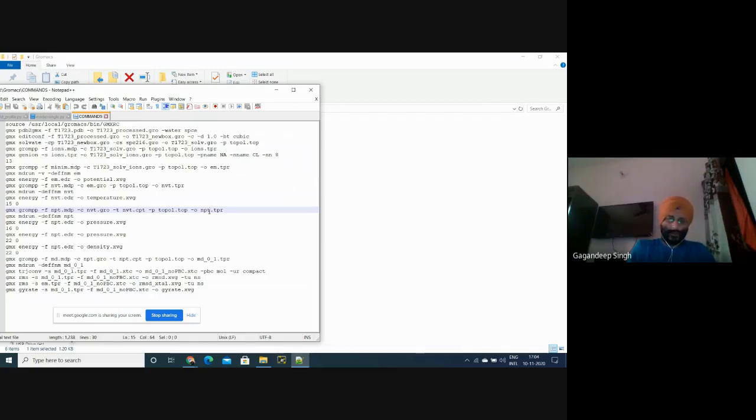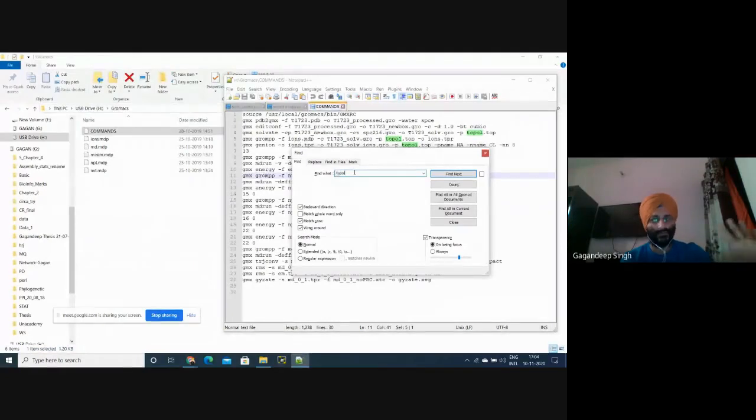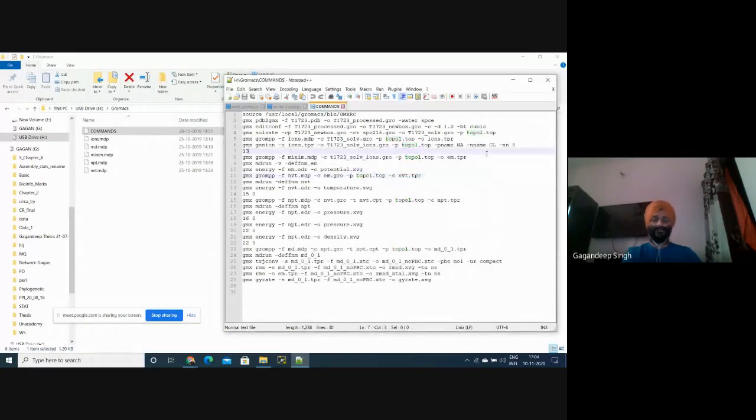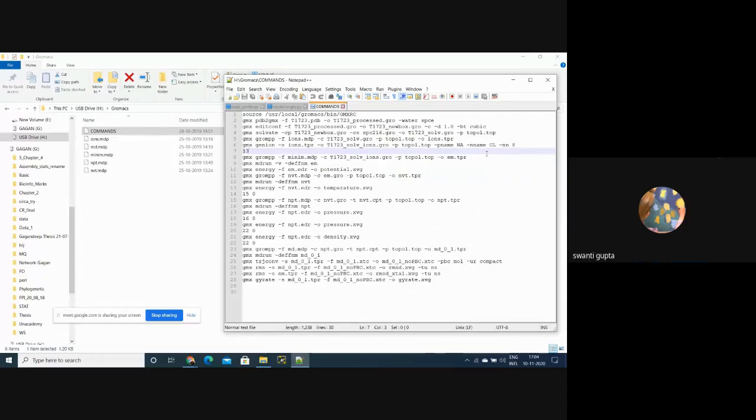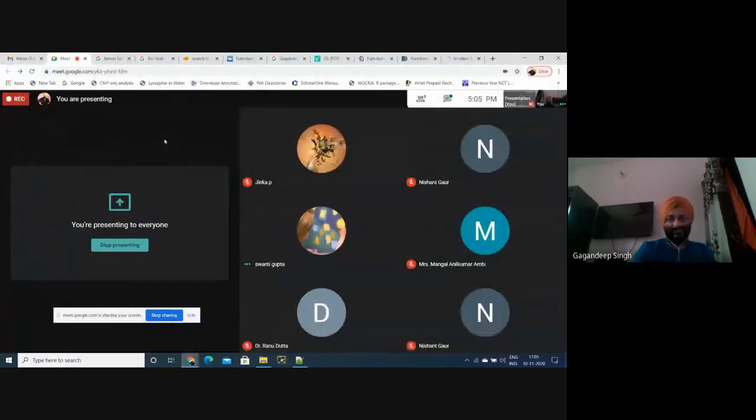But if you are aware of some programming language, you should give the command first, then second, then third, and then fourth. But it will be heavy, it will take 4 to 5 months to learn the programming. And this method is much easier. Just download all the files and copy paste all the commands in a single file, then paste by a single command, Control F, change the name. You can easily run the commands. Okay, thank you. It will save your time and energy as well.